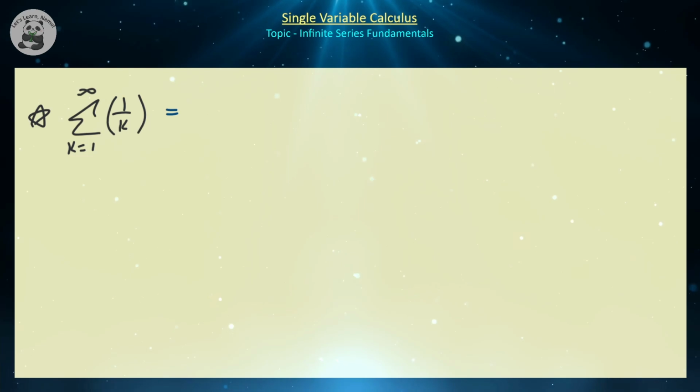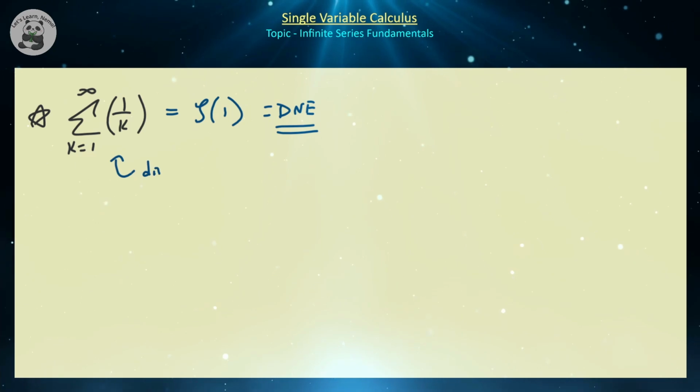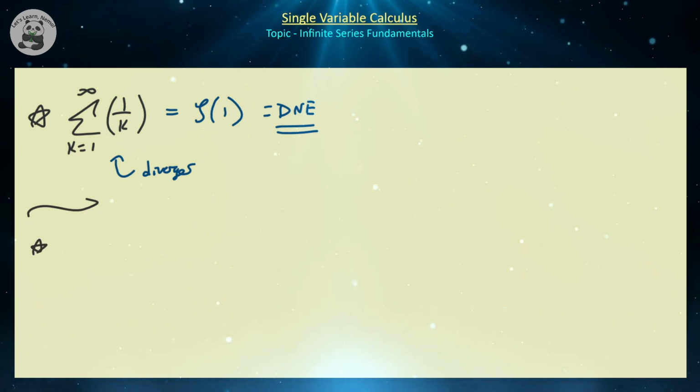So we know that, at least by definition, this would be equal to zeta of 1, but 1 doesn't belong to the domain of the zeta function, and hence this expression does not exist because that series diverges, right? So that diverges. So if we consider another expression, and it actually looks very similar, let's throw an alternating sign